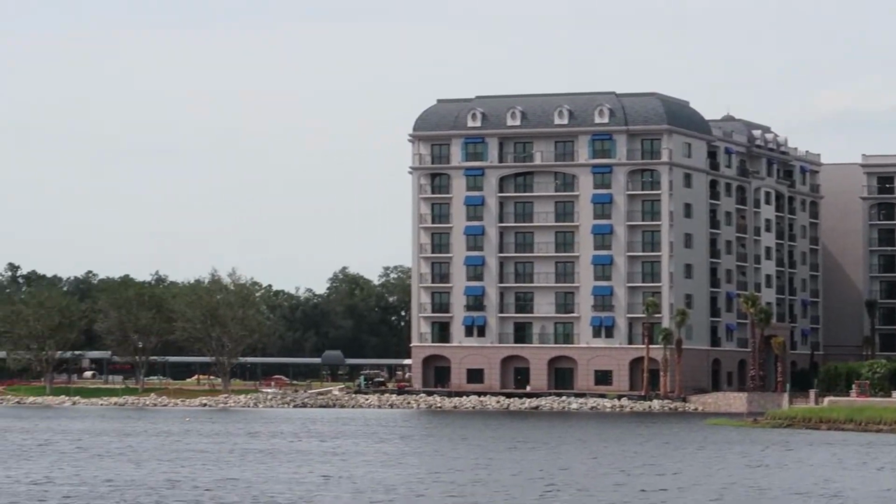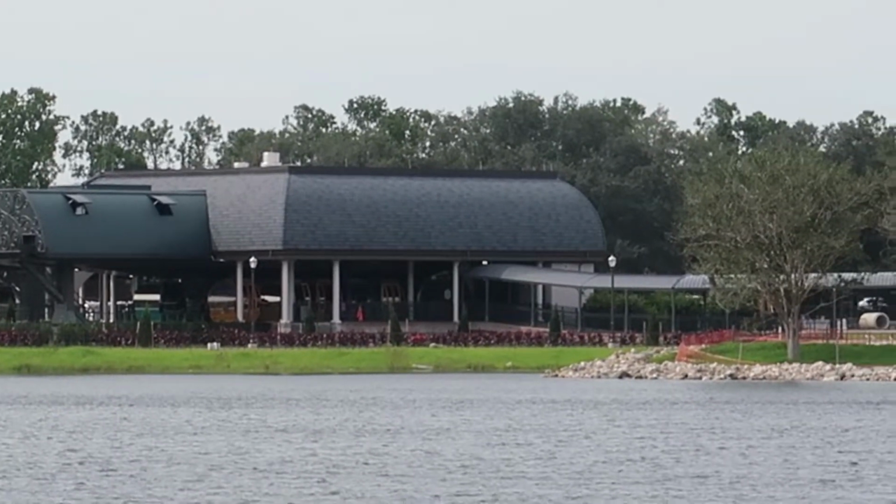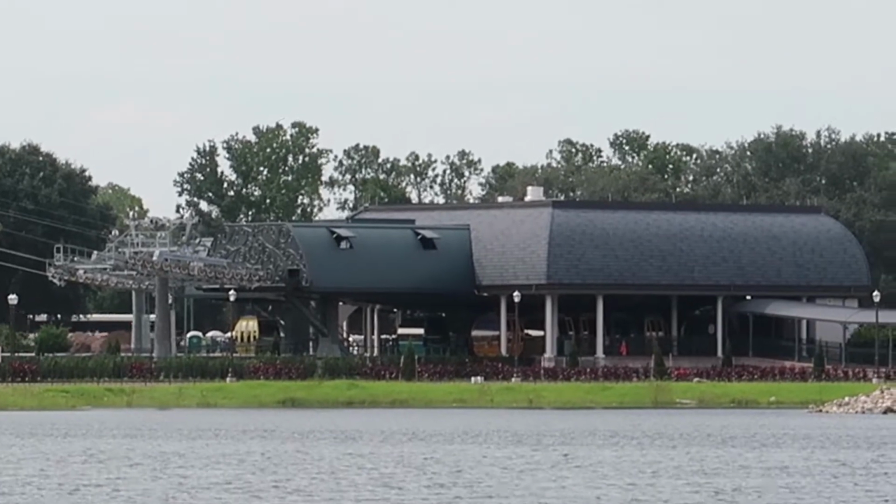Then just right next to the hotel, we can see its Skyliner Station, which is pretty hard to see, but it looks like it's actually come a long way. Now let's go check out the Caribbean Beach Skyliner Station, which is also the hub for all of these Skyliner stations. But while I'm walking over here to the Skyliner Station, let me tell you guys a little bit about